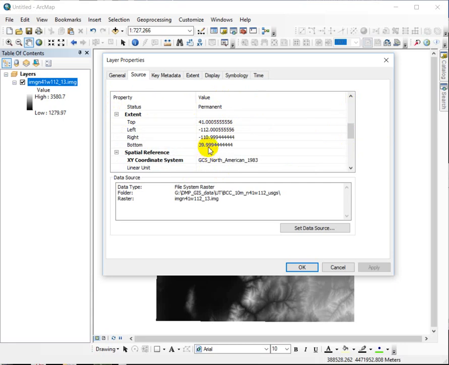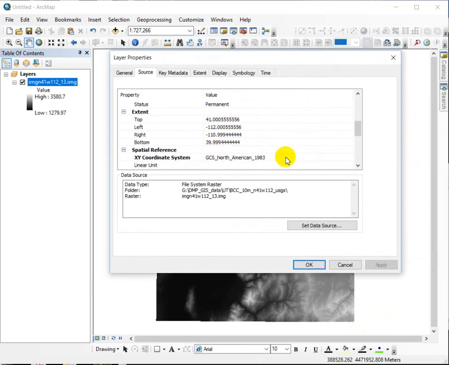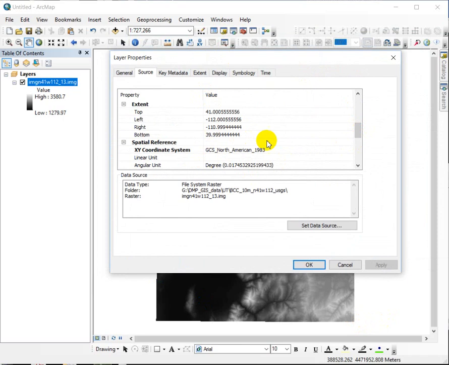They're less than 180. So these are basically angles, in degrees, which means these are the north, south, east, west extent of this data as defined by latitude and longitude, the numeric values of the angles of latitude and longitude. So if you were to assume that this was a projected coordinate system, this data would plot up very small. ArcMap would be treating these as meters instead of degrees, and the extent of the data would be within just tens of meters of itself,